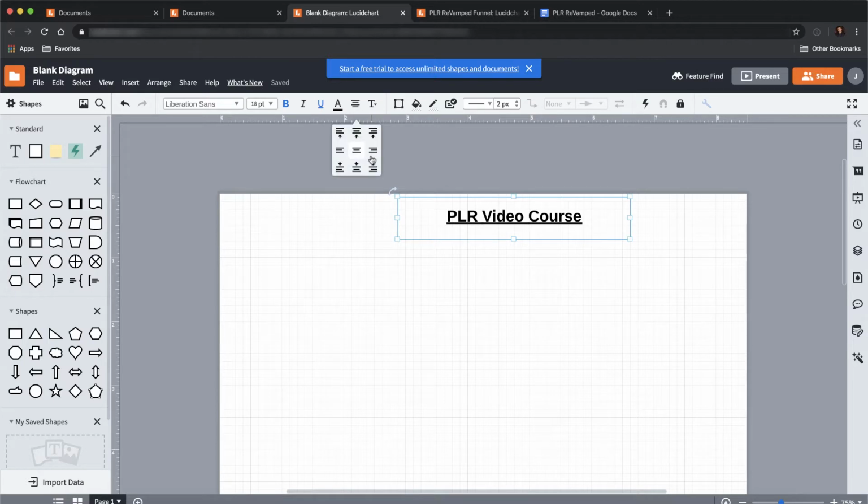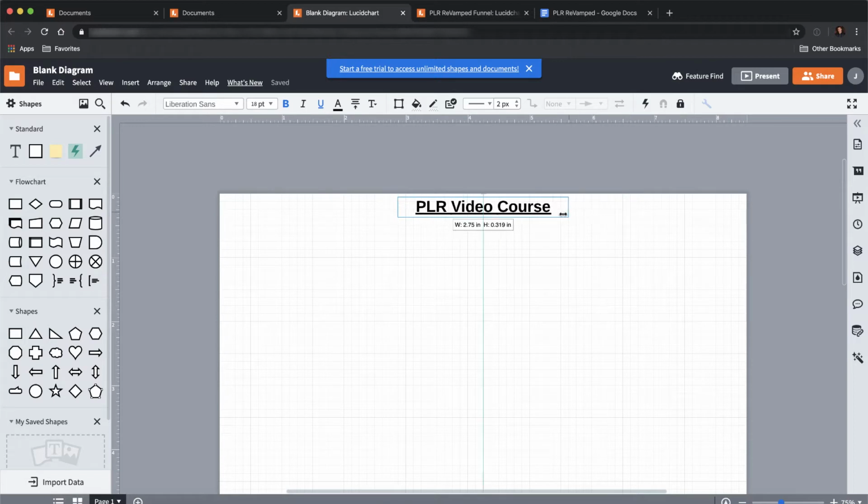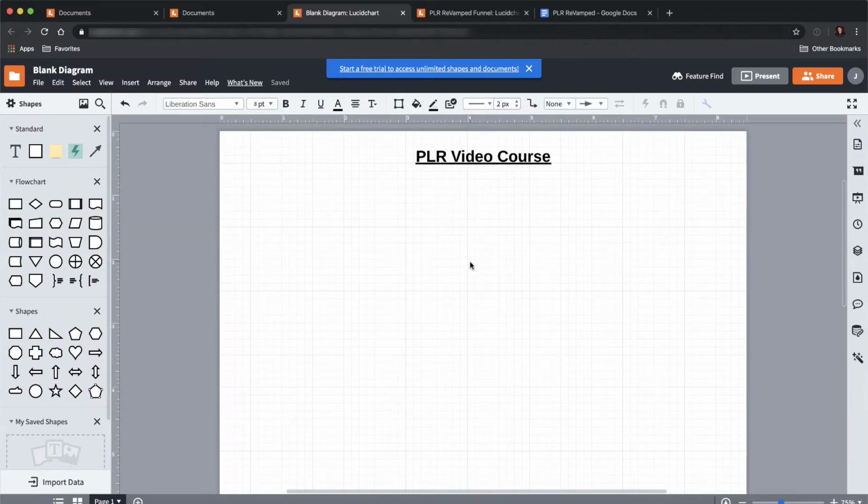I'll also go ahead and make it top and center, and we'll move this thing over, crush it down like that, and then get this thing perfectly centered and sitting right there. So that is basically the title for this particular document, and I can also go over here and change it. So we'll just call it PLR Video Course